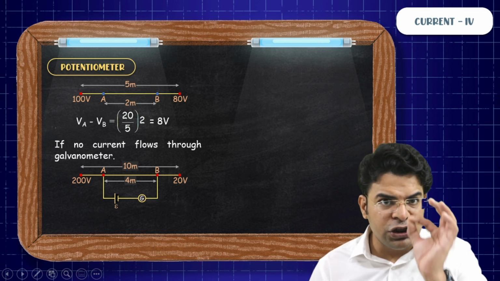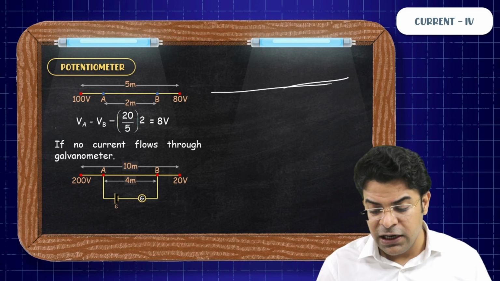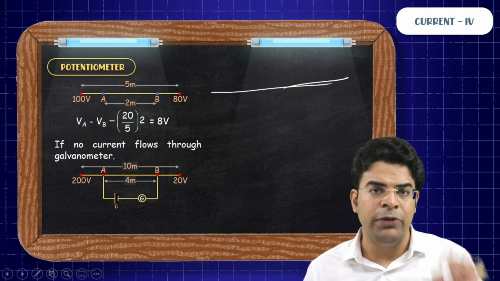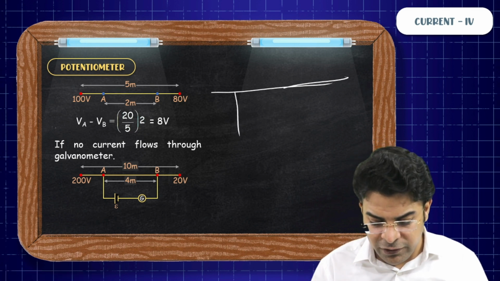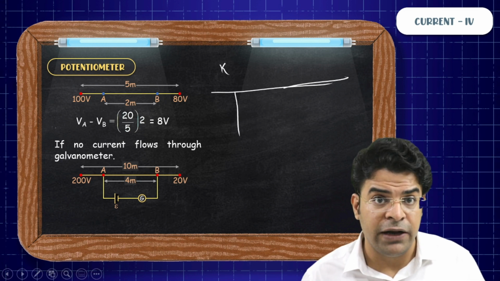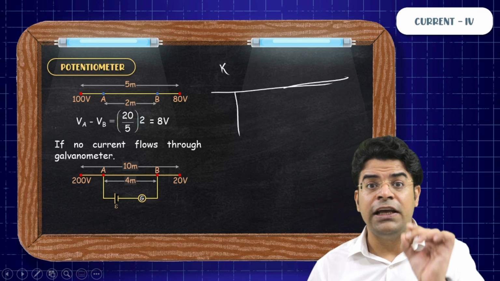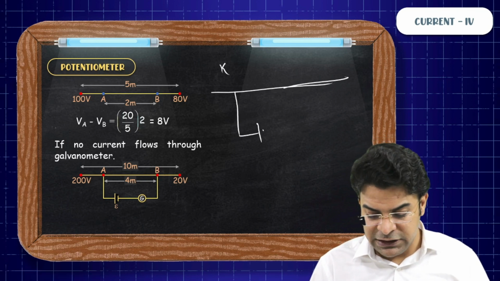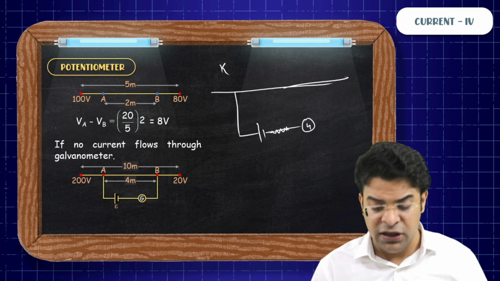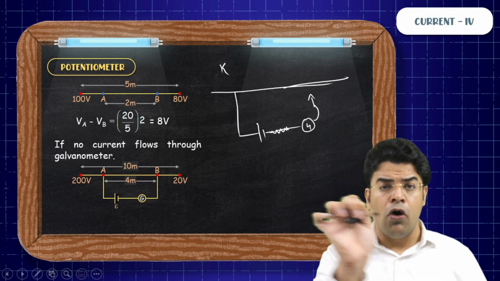So what we actually do in the lab, we take a wire, we create a potential drop across it. We call this particular wire the potentiometer wire. Then if we know the potential gradient of this wire, the potential drop per unit length for this wire, we can calculate the EMF of a cell. We say that if we take the cell, a real world cell having some internal resistance, and a galvanometer, and then we move the jockey on the wire.